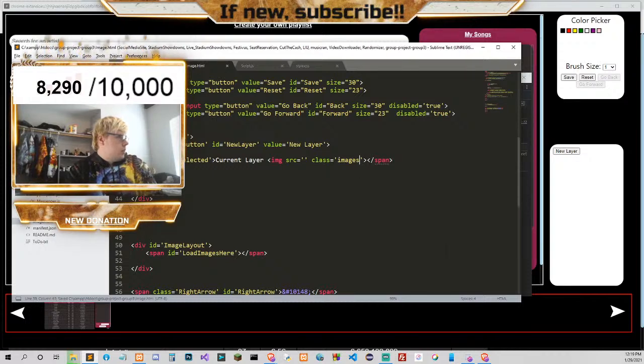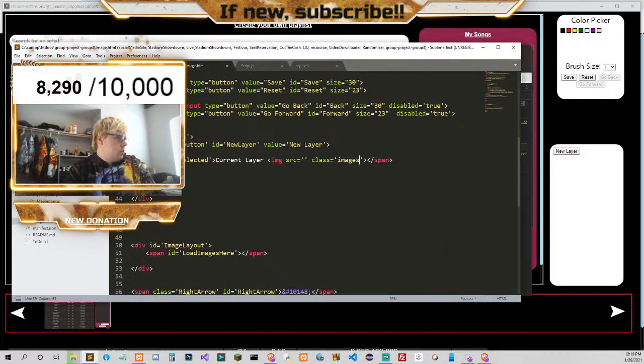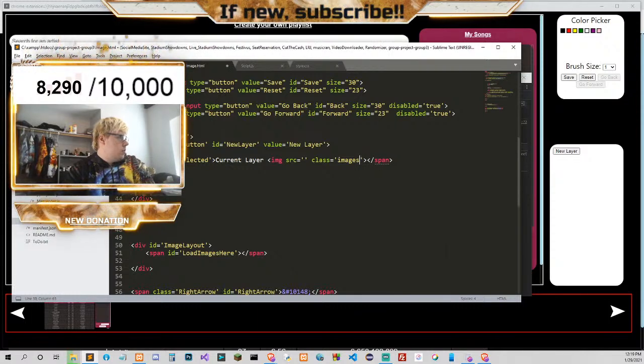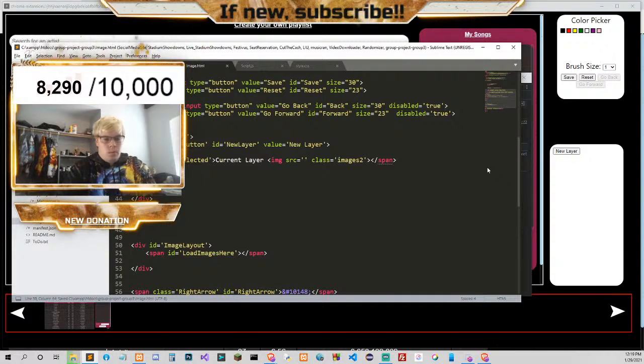And then we're gonna do, because we need to know which layer we're on, I think we're gonna keep it like this, but let me do images. Wait.